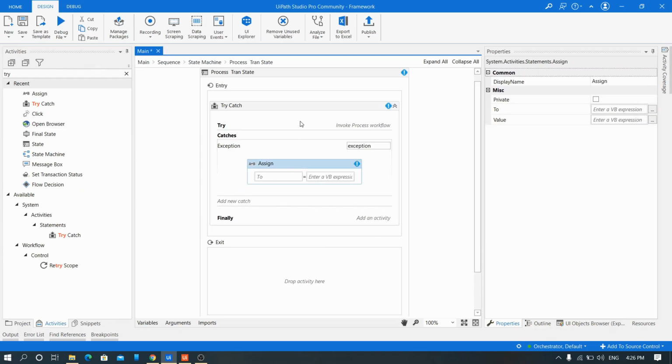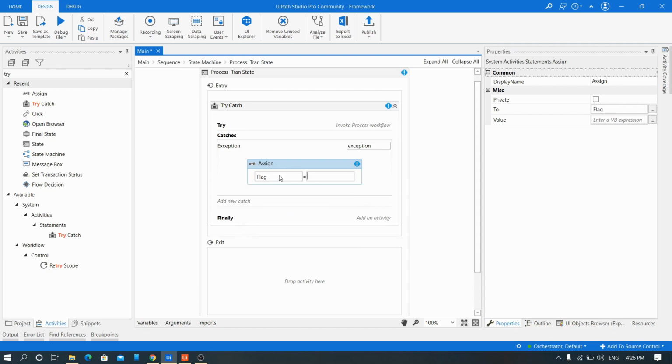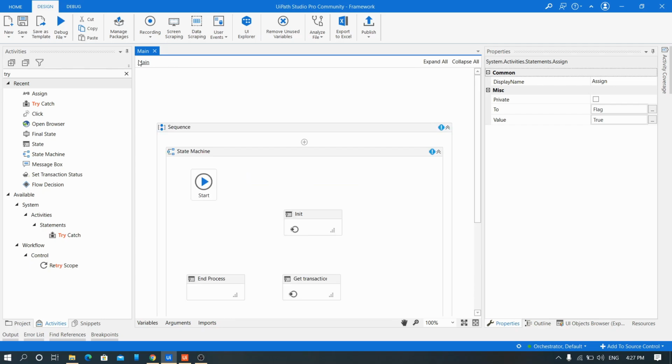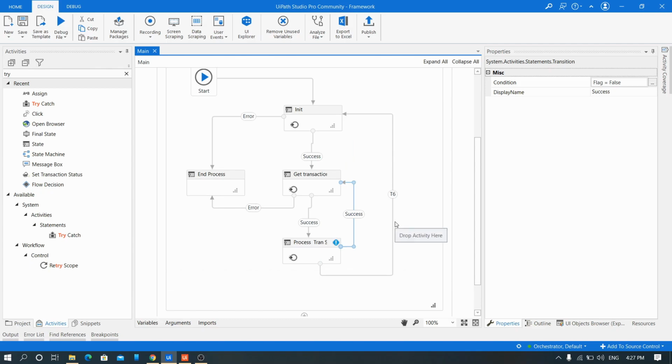If we get any error like selector not found, any error like that, so what we'll do, we'll raise a flag. Flag is equal to, so when it is success, flag is false and it goes back, else true.